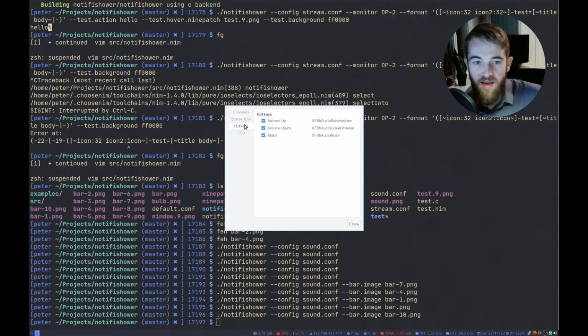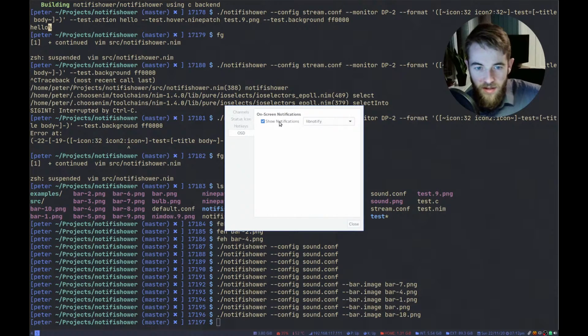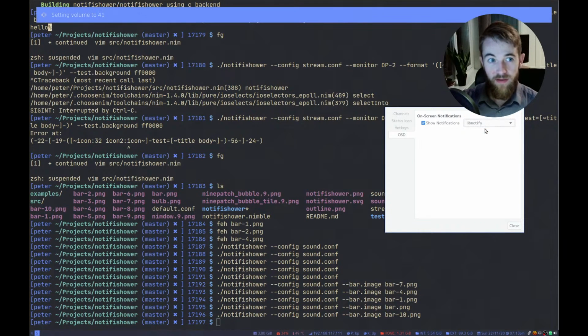So here it does these as hotkeys, and has like an external mixer, and it runs notifications through either libnotify, which is what I'm using right now, or as a GTK pop-up window, which looks like this, like in the middle of the screen. It's kind of white on white, yeah, like that. And through my Dunst.